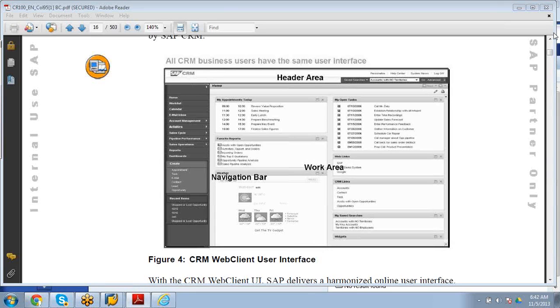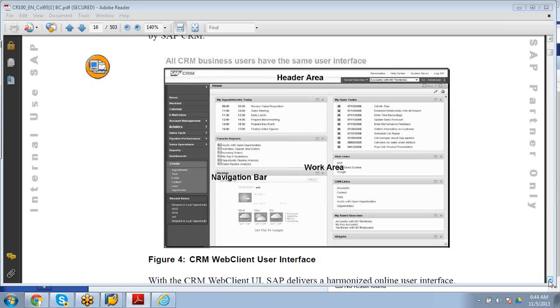Left hand side is navigation bar. Take this diagram.